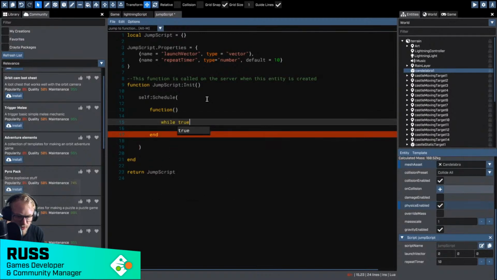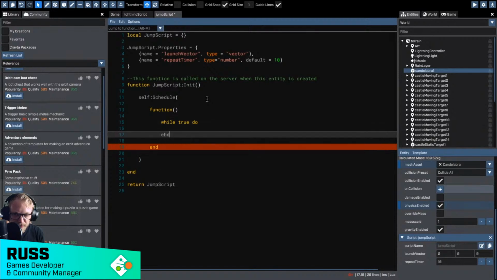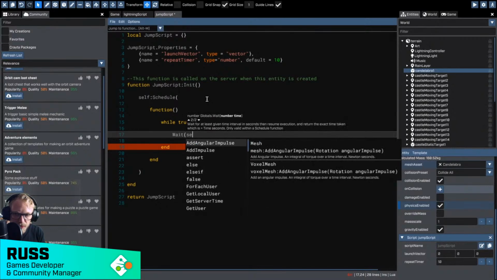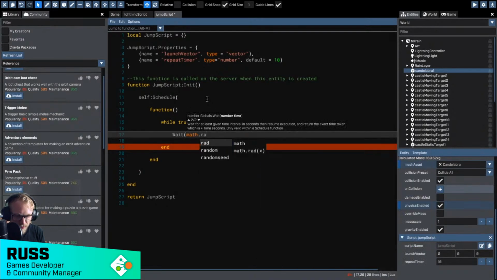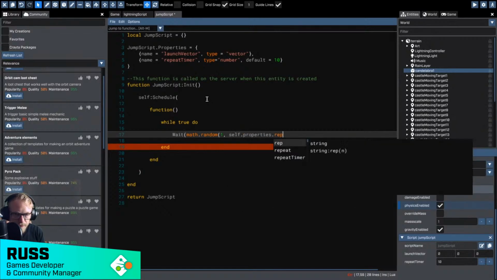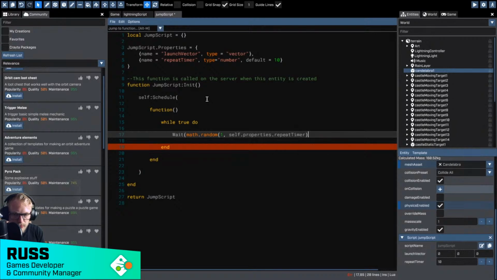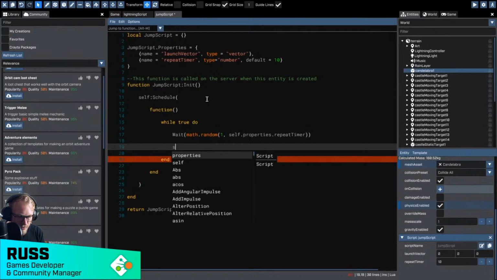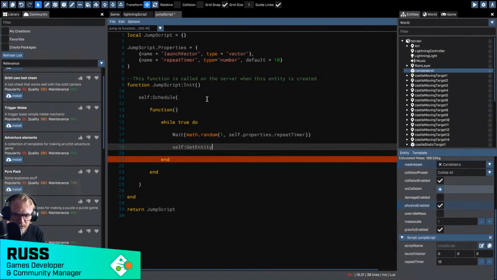Okay, so while true do, because we want this loop running for as long as the game is running. We want this to continue. So we want to wait for a math.random between 1 and our repeat time. Okay, and what we want this to do is a self get entity